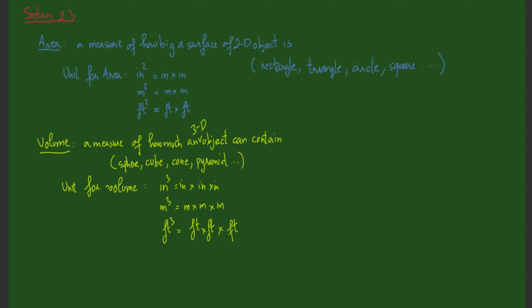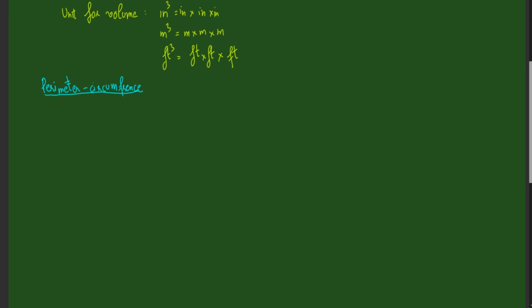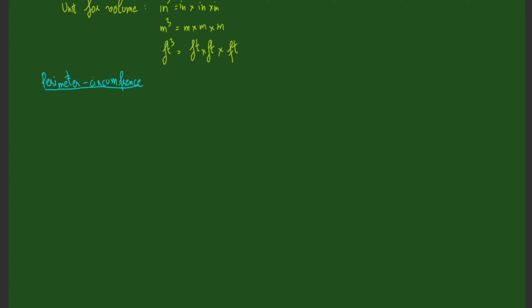Okay. The last thing is perimeter. Sometimes we call it circumference. Perimeter or circumference. Circumference is used for a circle, perimeter is for any other object. So what is perimeter? Perimeter is also a measure of the